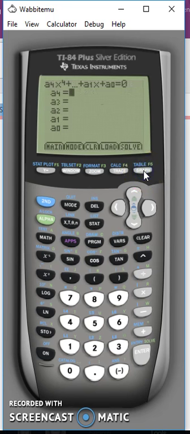So here I enter the coefficients of my quartic. In my example, A4 is 1, A3 is minus 3, A2 is 11, and A1 is 17, and the constant is minus 4. Remember to use the sign change minus here instead of the operator minus here. So I press solve to find the roots,